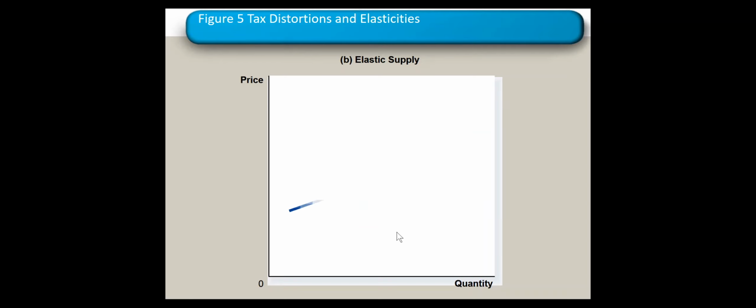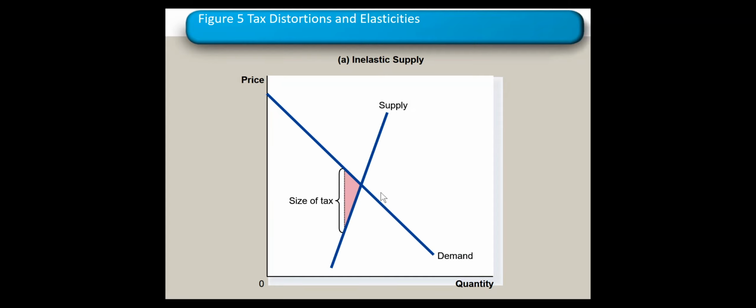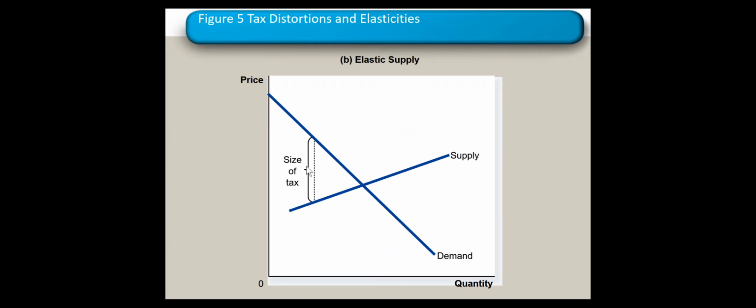Okay. Now let's check inelastic supply. Inelastic means its shape is getting closer to horizontal, and in that case, if we apply a tax, the gap between these two will be bigger. Now look at the size here again. This one is actually large as a magnitude, but the whole area itself is small. Now look at this. The size will be there, but the area for sure will be bigger.